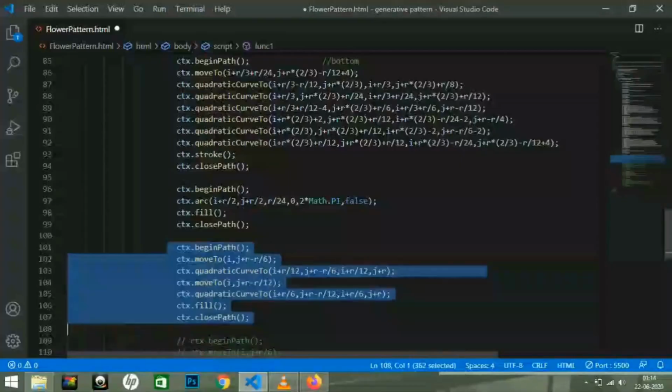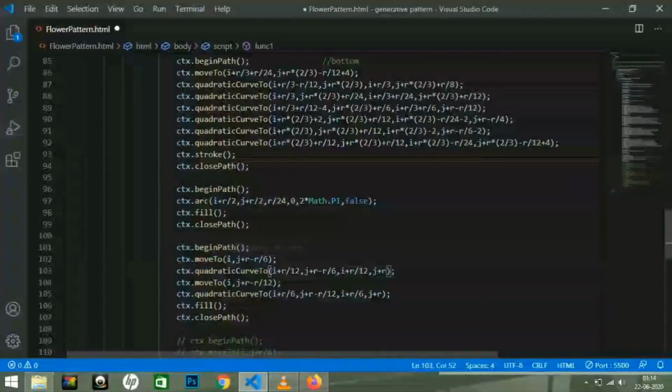For the corner designs, I have also used the fill method along with the moveTo and quadraticCurveTo methods to fill the part of the image with the colors defined in the array above.